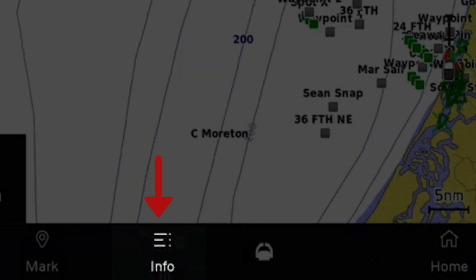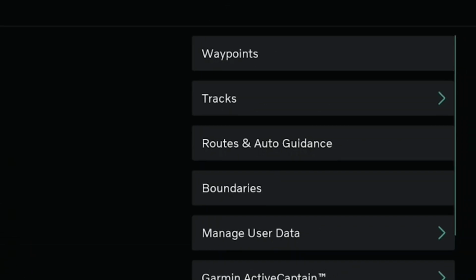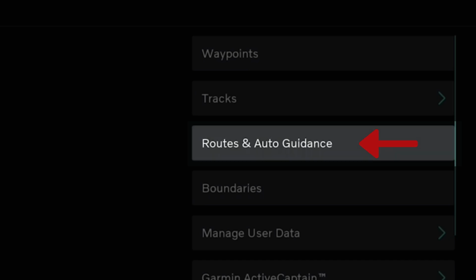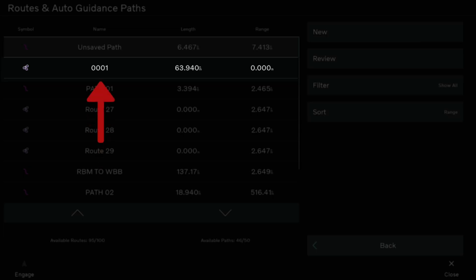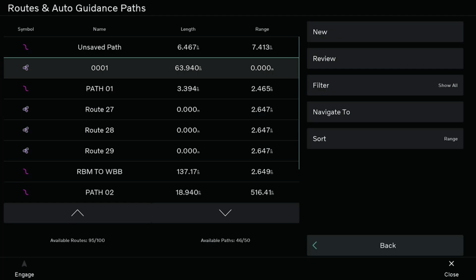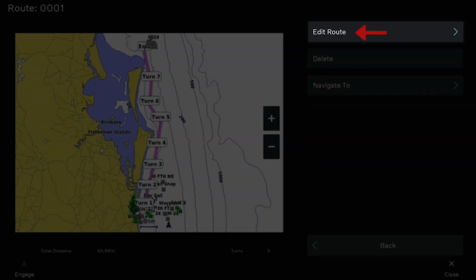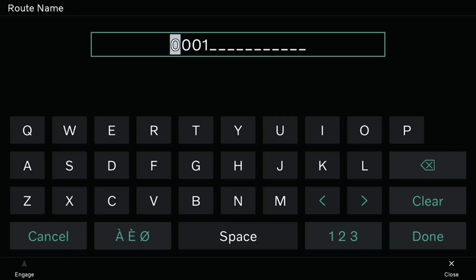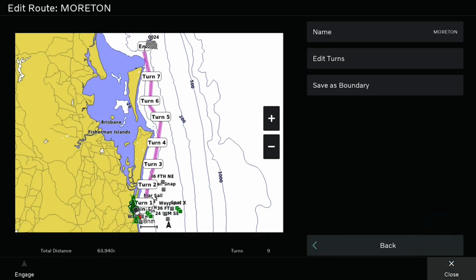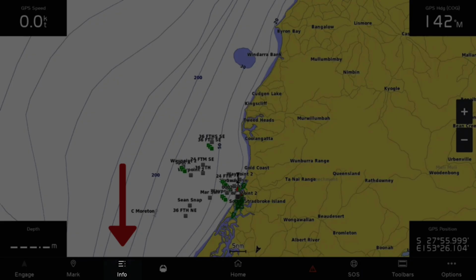So what we want to do then is go into info, routes and auto guidance. So you can see route number 1 here that we just saved. And then we go into review, edit, route, and then we can edit the name. So we'll punch a new name in, Morden, done. So if you want to navigate the same route again in the future, you simply go to info,